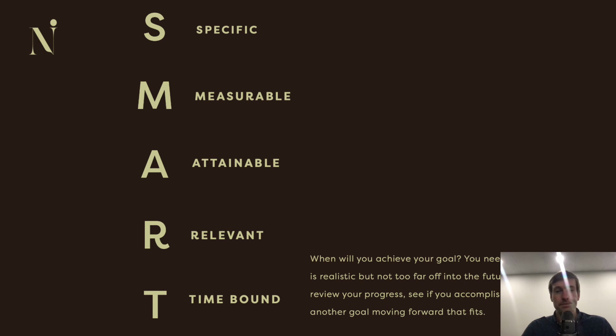Set limits on it so that you can know at the end of that time frame if you've met your goal or not. And also know when it comes to time frames, there can be different time frames for different goals. I may have a goal for the day. I may have a goal for this month. I may have a goal for the next 2 years. It's okay. Just make sure that you actually pay attention to it and set that time frame. And it's actually good to have goals that occur over different time frames. There's different purposes to different goals, and different time frames can serve those purposes.